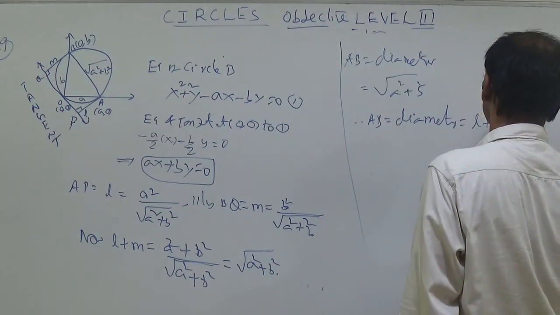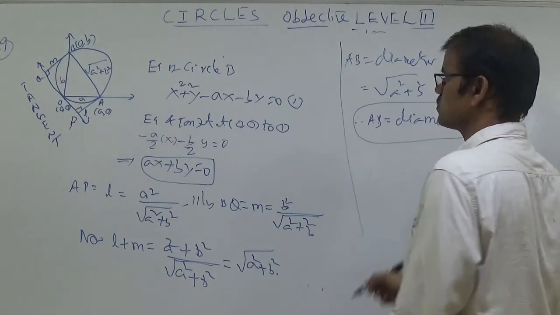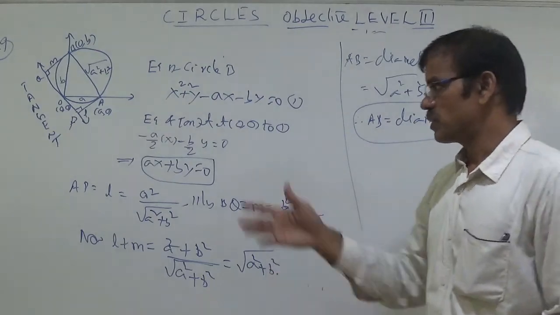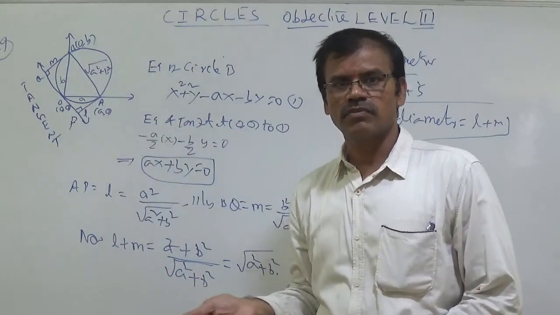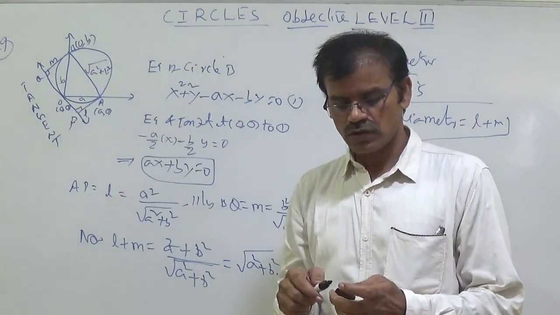You can understand this one in a shortcut manner also. Whatever L is, the perpendicular from A to the tangent, and M the perpendicular from B to the tangent, so L plus M is the